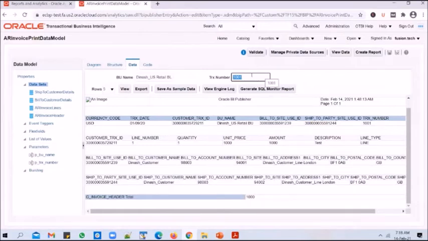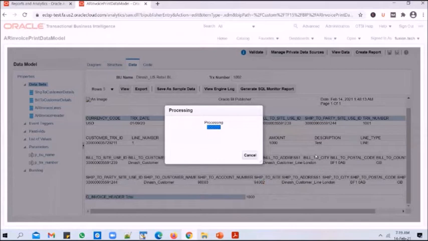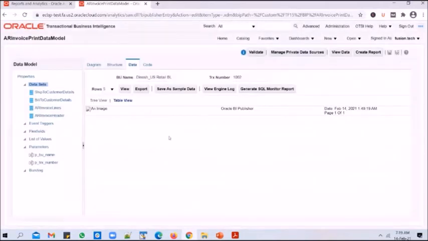So I don't know what valid transactions exist in the ERP Cloud instance. So I've just given it a try and I said 1001, and since the transaction number exists, it got printed. If I say 1002, and that transaction number doesn't exist, you won't get any data, right? So 1002 doesn't exist and it doesn't give you any data. So yes, you can make this data model look slightly better by adding list of values here.